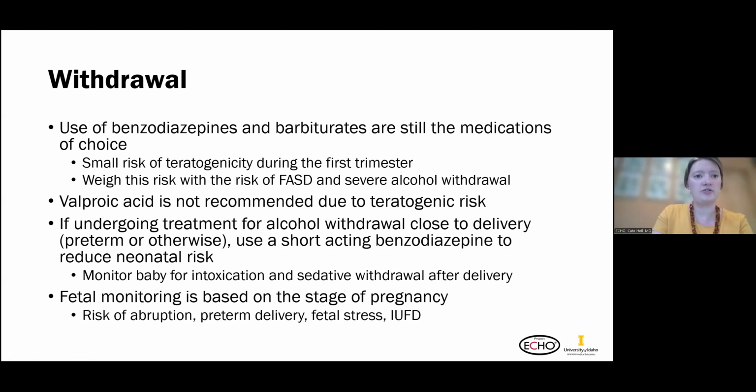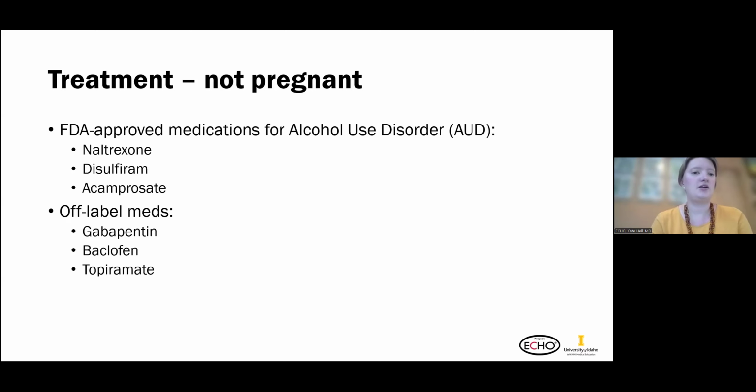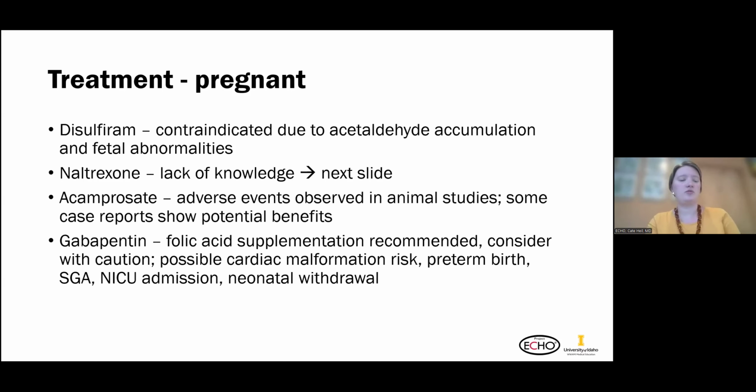Okay, so just a brief refresher. Treatment for alcohol use disorder, like maintenance specifically, so after they go through withdrawal. For non-pregnant folks, there are FDA-approved medications for alcohol use disorder. That'd be naltrexone, disulfiram, and acamprosate. And then off-label medications would be gabapentin, baclofen, topiramate, and sometimes Zofran is kind of under investigation, but just that refresher there. And then thinking about treatment while pregnant,